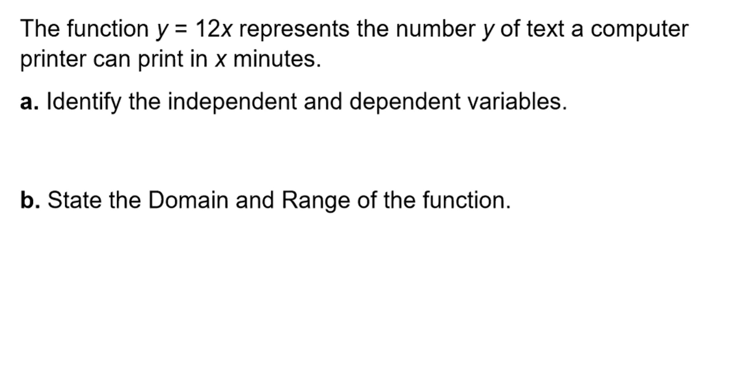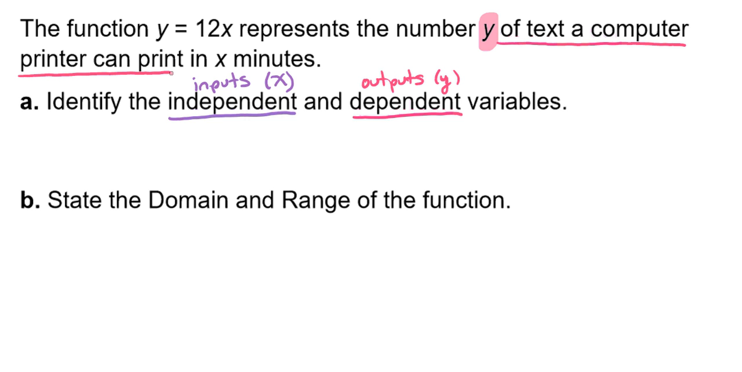So it's important to remember that our independent variables are generally our inputs, which means they're usually our x values, and that our dependent variables, the things that depend on what you put in, are our outputs, and those are generally our y values. So if we go back up to our example here, it says the function y equals 12x represents the number of y. So we have our y, and it says that that is the number of text a computer printer can print